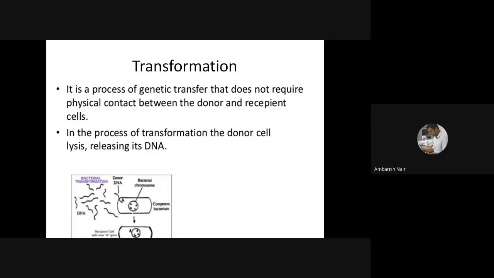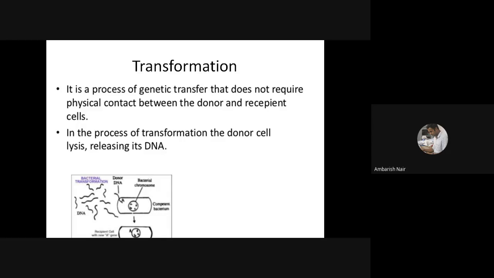The released bacterial genome, or maybe a fragment of the genome, or a fragment of plasmid, anything, may enter inside a new bacteria. That's what you call transformation. So this is how transformation happens. In transformation, there is natural transformation and there is artificial transformation. I am talking only about natural transformation.